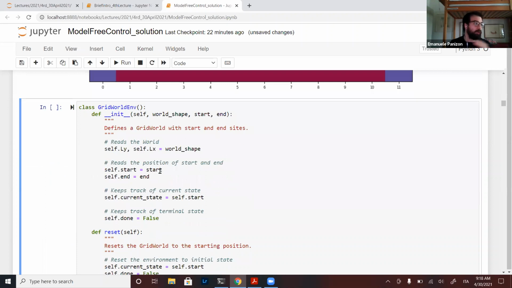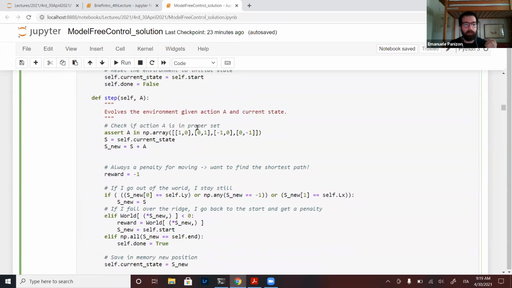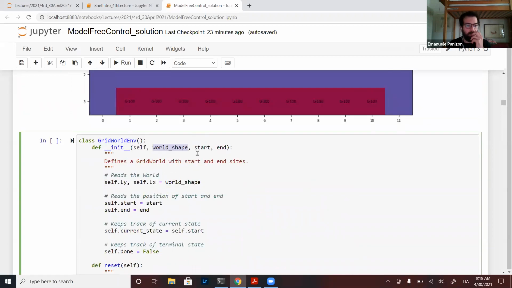Again, to make a parallel with last lecture, I tried to create a class of the environment, because this is the general gist of how environments are done, like in OpenAI Gym. It's a very simple one. You have an init function which creates an environment. It asks for a world, and it asks for the start and the end.